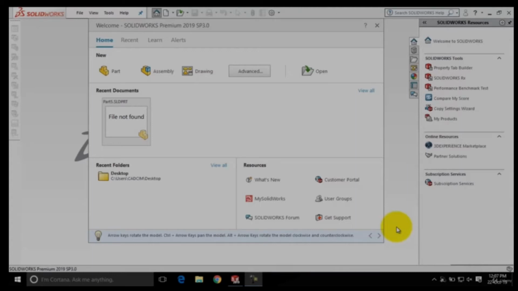I am going to introduce to you the interface of SolidWorks after you have installed SolidWorks 2019. Its icon will be displayed on the desktop. Click on the icon and you will get into an interface similar to this. If you are using SolidWorks for the first time, then the license activation dialog box will be shown at first. After some time the SolidWorks window will be displayed on the screen. We will begin with our basic tutorial, getting to know about the various commands and their application step by step.